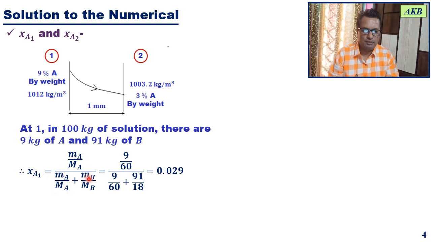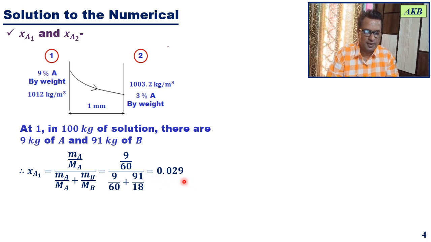Moles of B is mass of B divided by molecular weight of B. So you have 9 kg of acetic acid divided by its molecular weight, which is 60, divided by, again, 9 divided by molecular weight of acetic acid, plus weight of water, that is 91 kg of water divided by its molecular weight. So if you simplify this, you will come to know that XA1 comes out to be